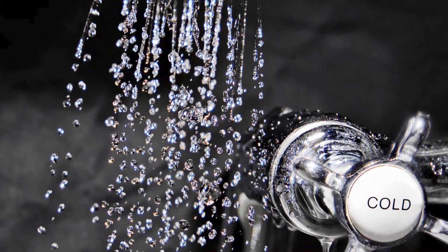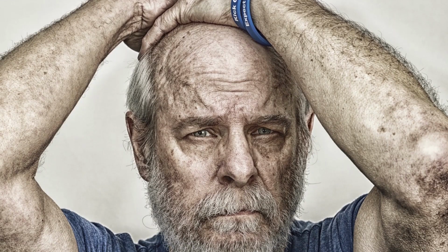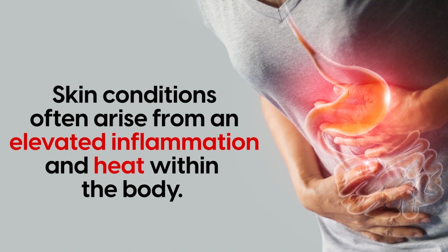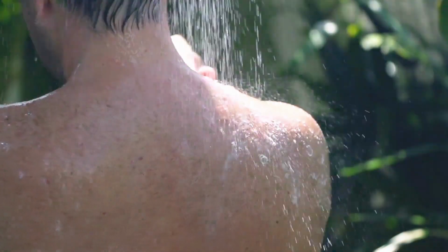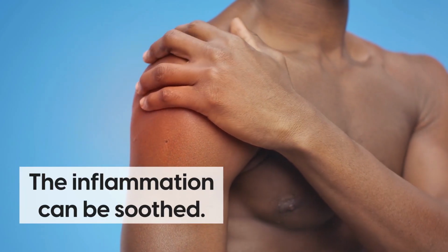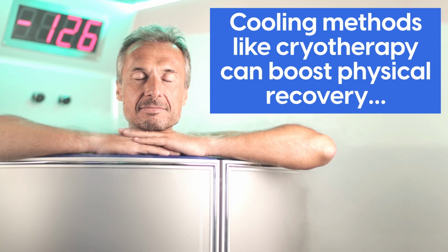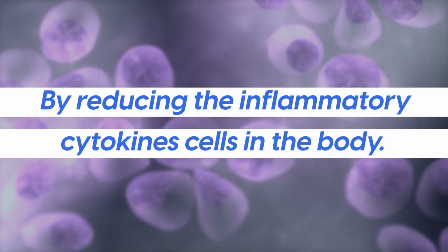Absolutely. Cool and cold showers may help stimulate blood flow and circulation, relieve skin inflammation, and reduce the prevalence of stress-related skin conditions. Skin conditions often arise from an elevated inflammation and heat within the body. This indicates that by using a topical cooling method, such as cold showers on the skin, the inflammation can be soothed. Studies have found that cooling methods like cryotherapy can boost physical recovery by reducing the inflammatory cytokine cells in